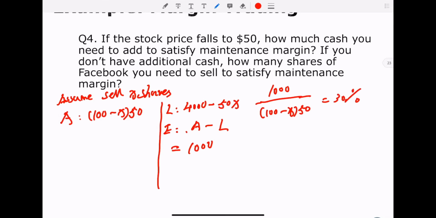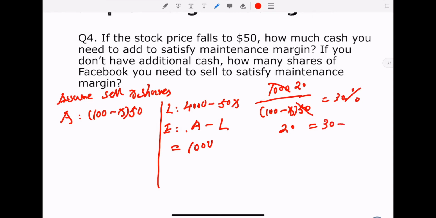Okay, let's see how to solve this. So I will remove 40 and this will become 20. And 20 equals, so you will use the 30% times 100 minus X. This gives you 30 minus 0.3x. I guess x equals 10 divided by 0.3, which is